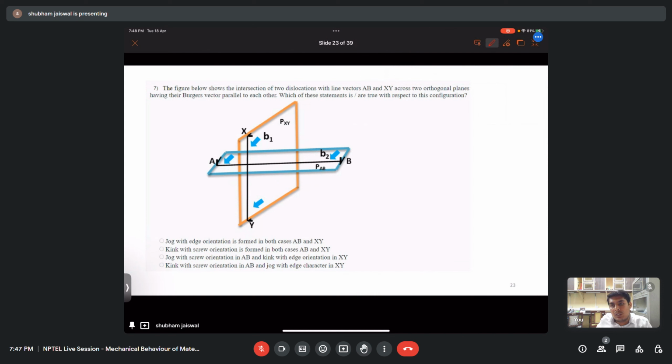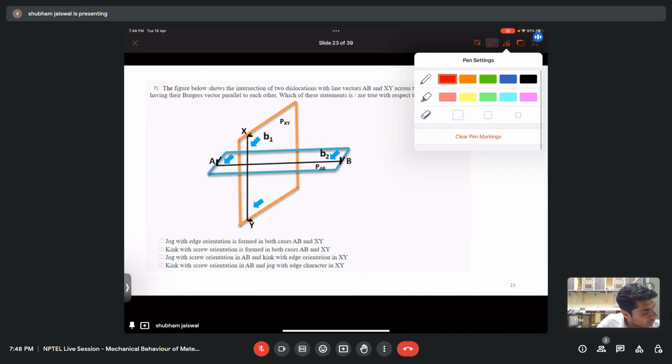So you need to first draw the interaction, how the interaction is taking place between these two dislocations. Then from the steps formed, you can find out their character, and this is how you will get your answer. Okay, first I will